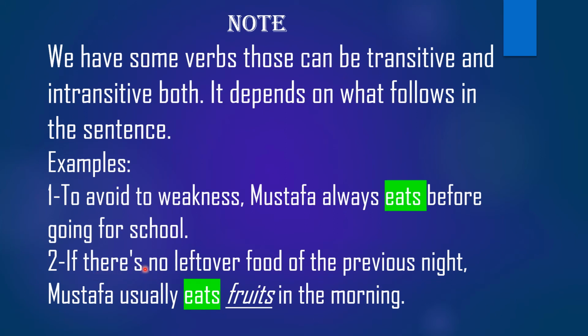If there is no leftover food of the previous night, Mustafa usually eats fruits in the morning. इस सेंटेंस में वर्ब ईट्स और ऑब्जेक्ट फ्रूट्स, इसलिए इस वर्ब को हम कहेंगे ट्रांजिटिव वर्ब। क्यों? क्योंकि यहाँ ऑब्जेक्ट दिया हुआ है।